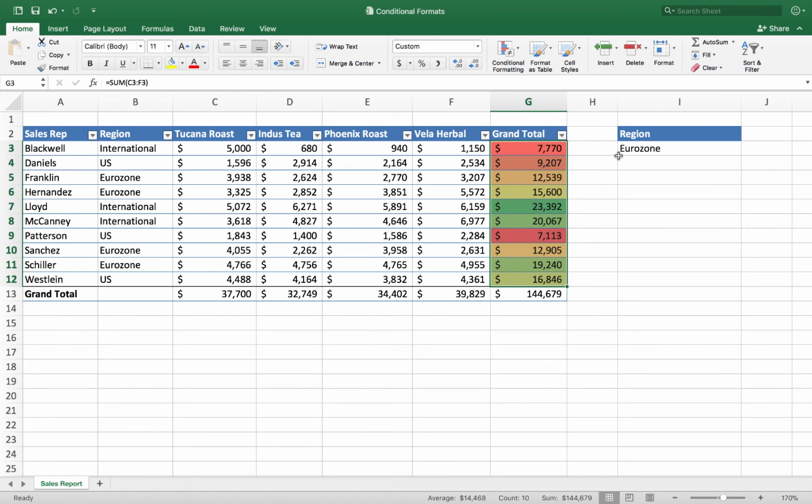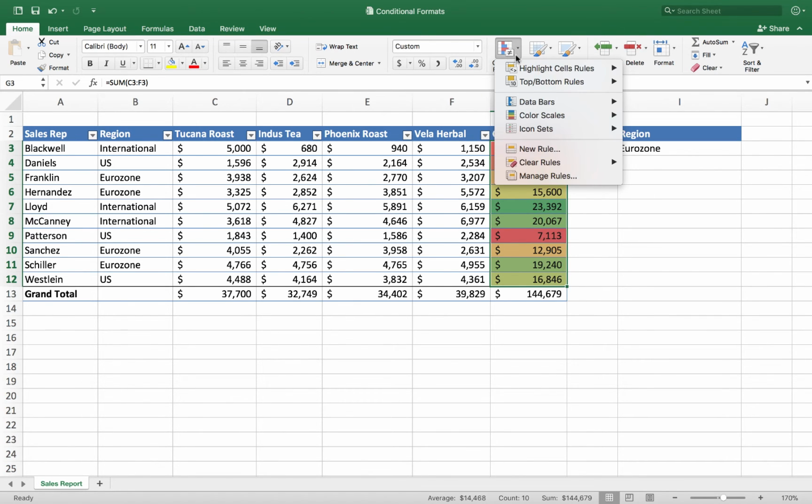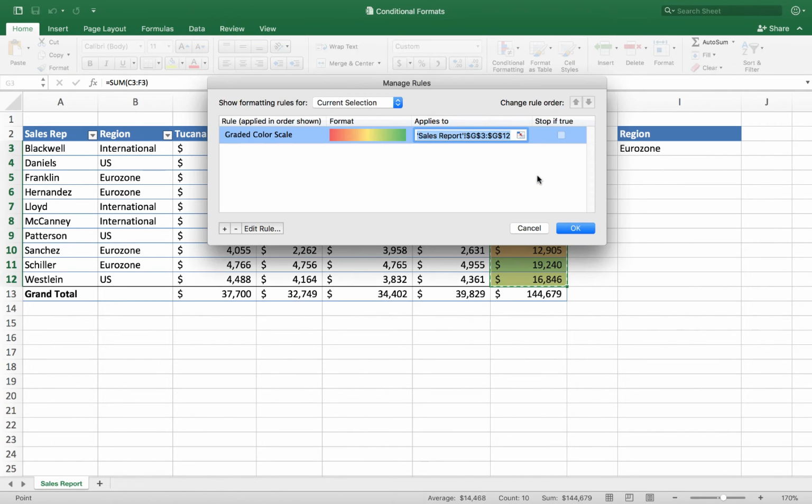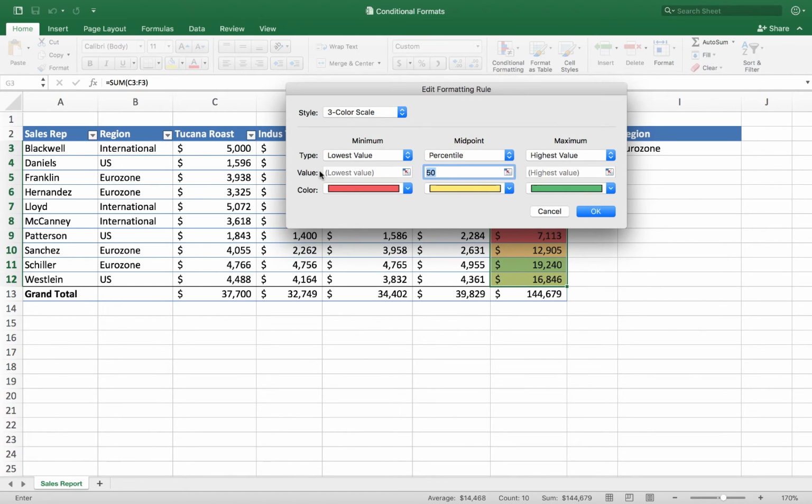After I've applied the color scales, if I go back to conditional formatting, and then I go back to manage rules, I can see this color scale here. I've got it selected. I'm going to click on the edit rule button to find out what the heck those colors mean. Okay, so it's basically saying the lowest values are red.